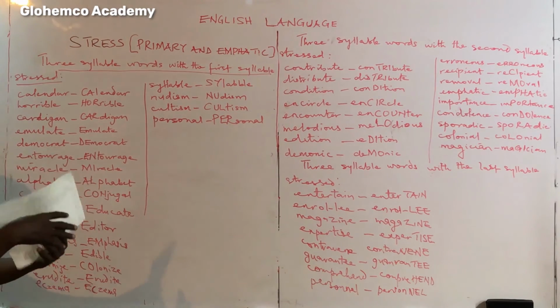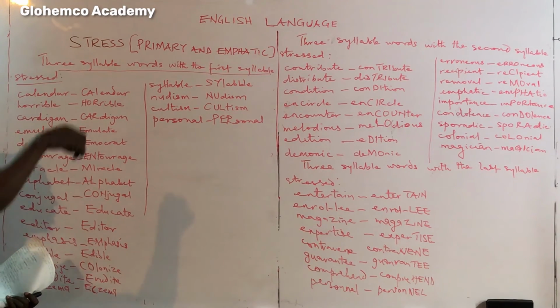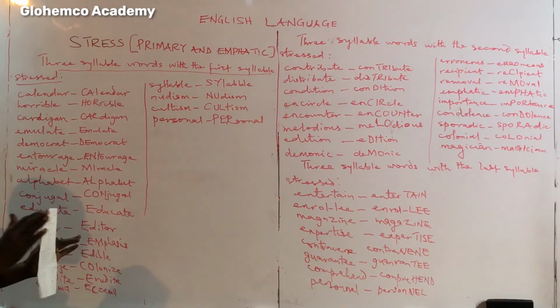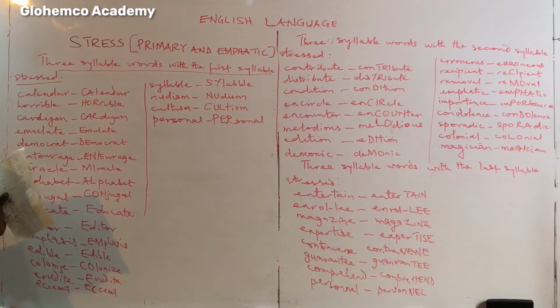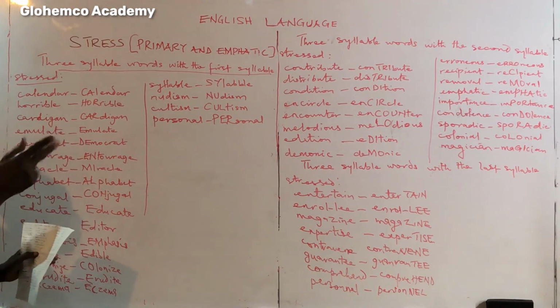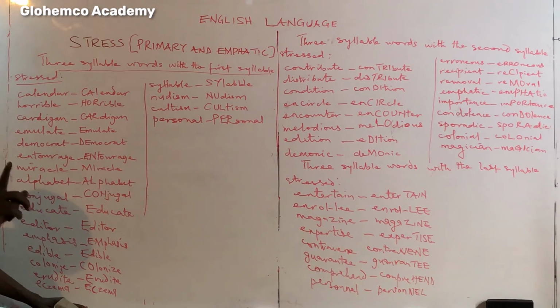The 3 will be equal, whereas the 4th one will be different. That is, if they ask you to pick the one that has a different stress pattern. And in fact, that is the way questions on this are being asked. Pick the one with a different stress pattern. And if it is only bisyllabic, it may be one pattern and the other one will be different. So that is why you need to study all these words, and you know how